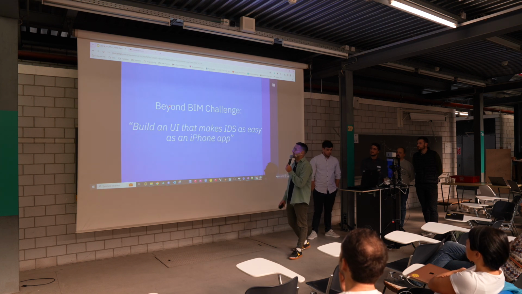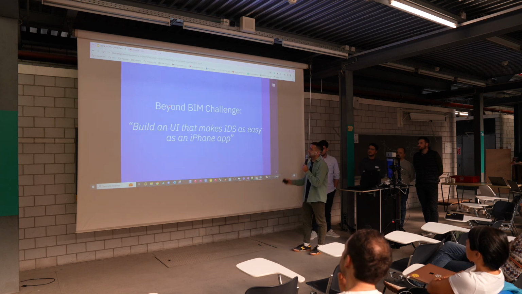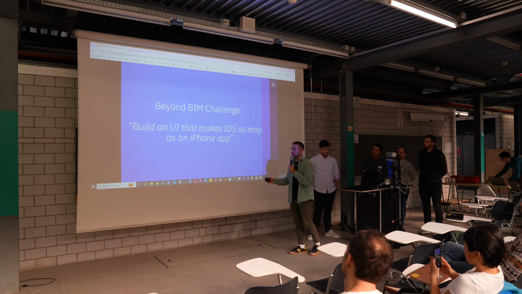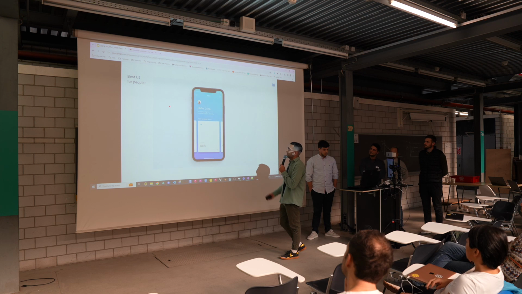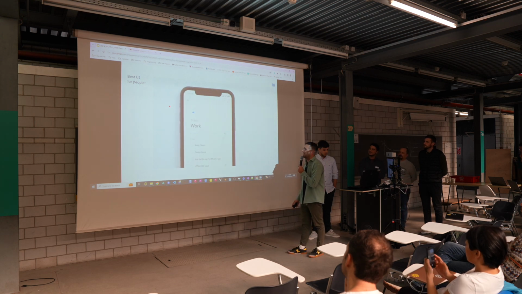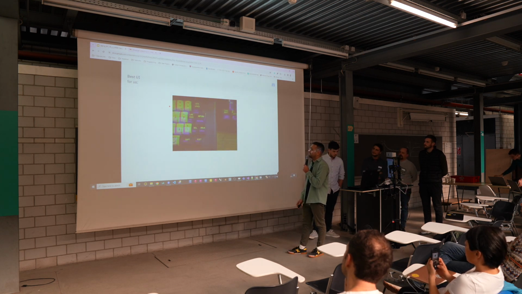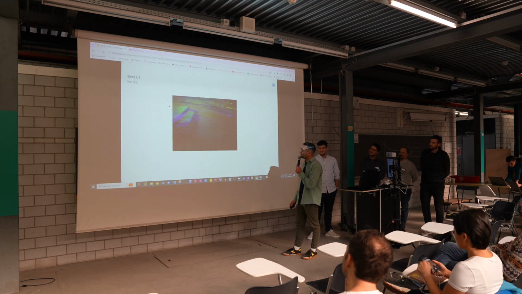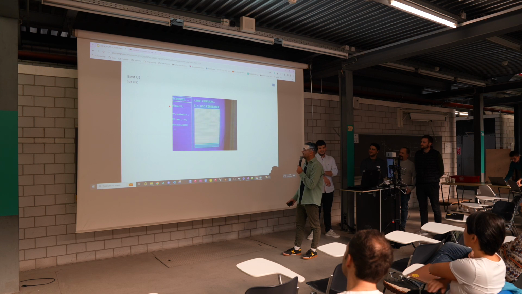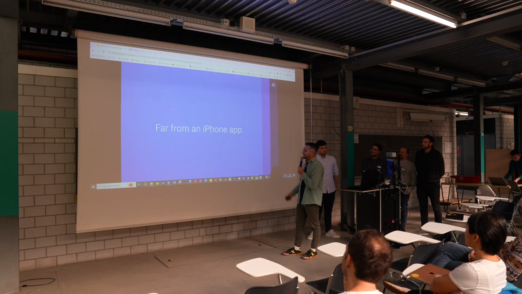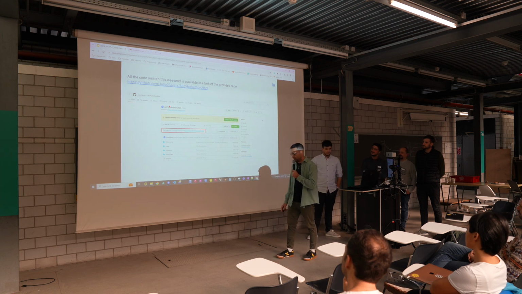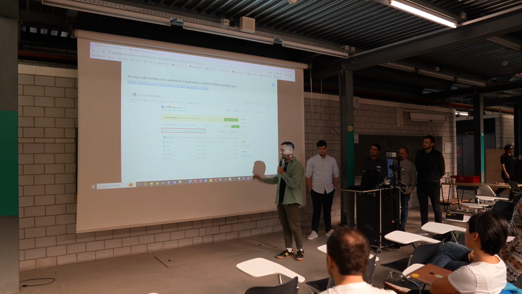This was the challenge: build a user interface that makes IDS as easy as an iPhone app. For most people, the best UI is an iPhone. For us, it's more like this: black screens and so on. So this is far from an iPhone app, but we wanted to create our objective. Well, it's fully